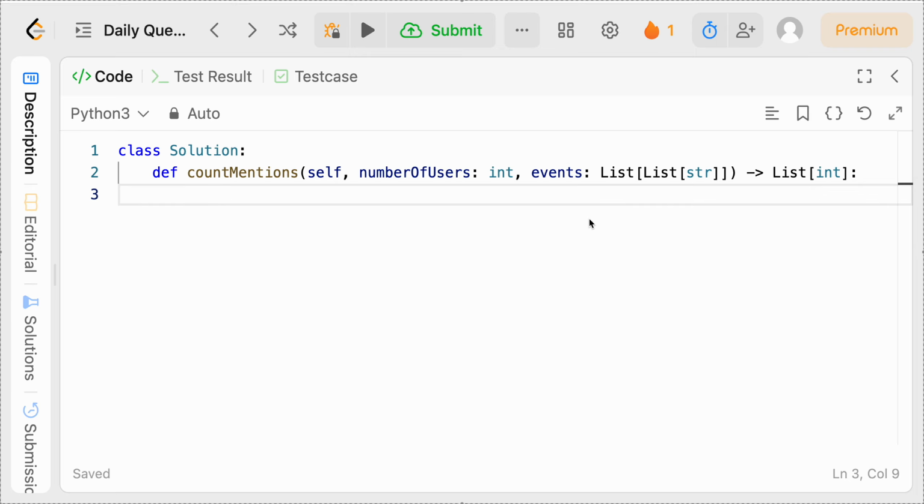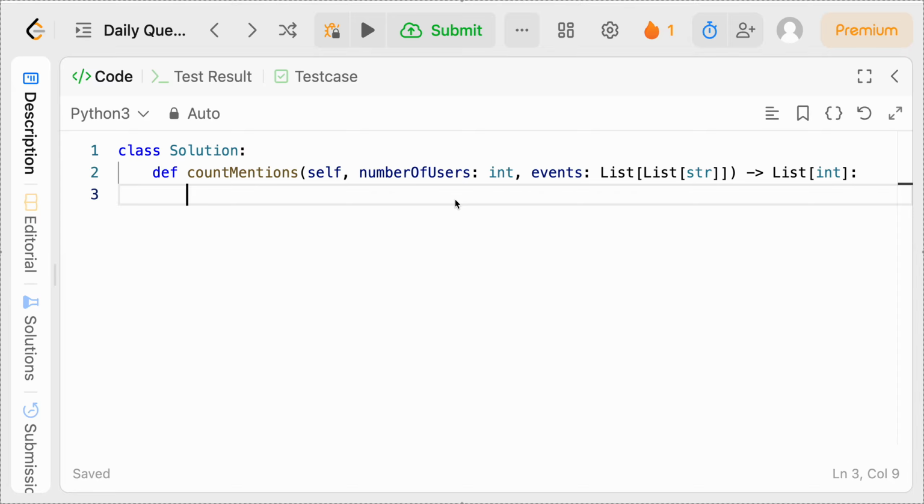The whole reason we're using a minimum heap here is that we can efficiently bring users back online when their offline window expires. Minimum heaps store the smallest value at the top of the list, making it very easy to pop out. So we pop from the offline queue before handling each event, and we pop off any users whose return time is less than or equal to the current timestamp,